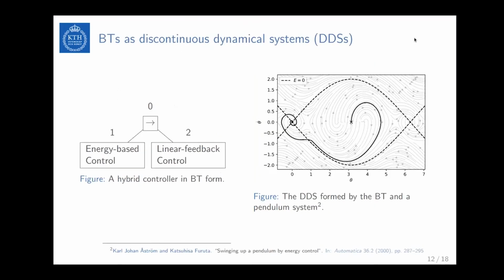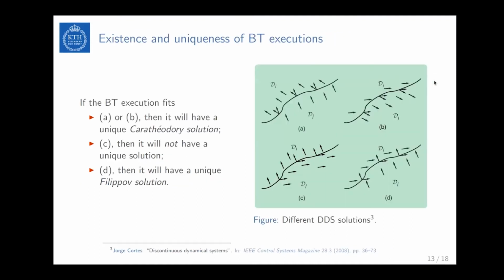Right, so now that we've shown that behavior trees are discontinuous dynamical systems, we're able to prove existence and uniqueness, which basically means that execution of the behavior tree controller will have a solution that you can analyze. So there are some different cases here that your vector field needs to satisfy with the behavior tree. In A and B, the vector fields point in the same direction over the boundary of each